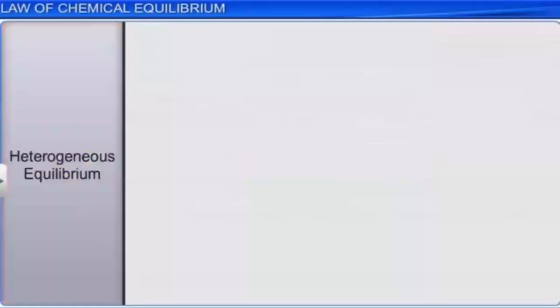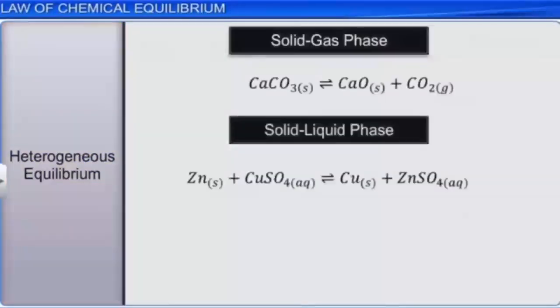The equilibrium in a system which has more than one phase is called the heterogeneous equilibrium. Examples of heterogeneous equilibrium include the thermal decomposition of calcium carbonate into calcium oxide and carbon dioxide, the displacement reaction between zinc and copper sulfate to give copper and zinc sulfate,